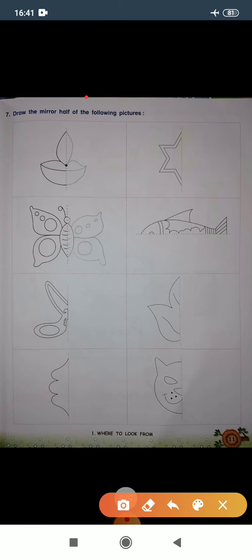After that we saw question number 7. In that we saw a very interesting mirror half pattern. With the help of the half portion, we tried our best to draw the other part as it is. In question number 8 we saw mirror half of letters and words, and with the help of this mirror half we made some words like dice, how, hike, wax, book and cooked. Thank you.